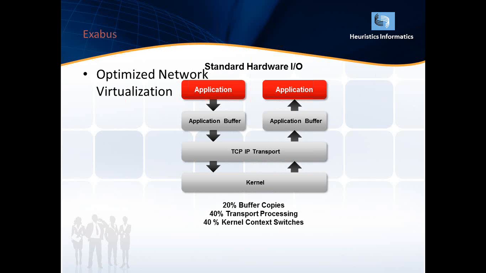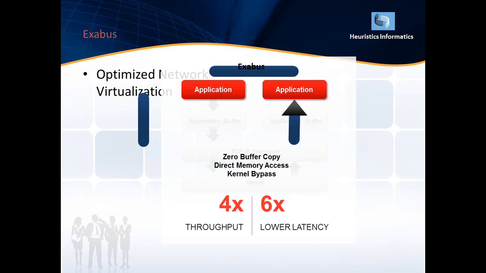Now, if I come to the Elastic Cloud, how do I achieve the transfer rate, the minimum latency, and the maximum throughput? With the help of these examples, this is how the integration happens. I need not copy to the logical layers between the applications. So automatically the application can directly access the object of another application. So this is the zero buffer copy and direct memory access with the help of kernel bypass drivers, which is known as RDMA. The throughput has been increased 4x and the latency has been decreased 6x.